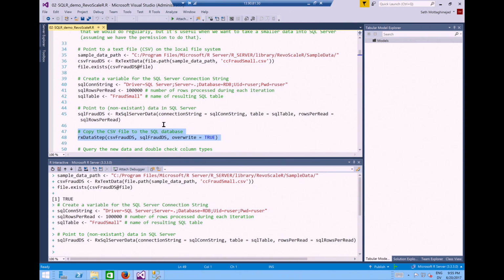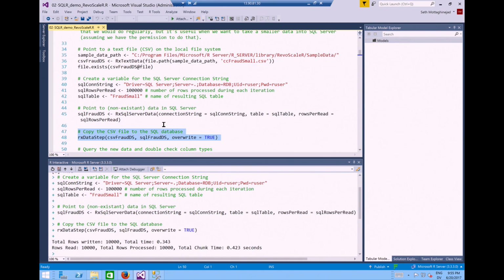Okay. And for now, let's assume that that data doesn't even exist, right? We're just pointing to data. We don't even know if that data exists or not. In fact, in this chunk of code that I've selected, we're going to take the CSV that we were pointing at a little bit earlier, and we're going to dump that in SQL by just giving it the pointer to the data in the previous line. Right?